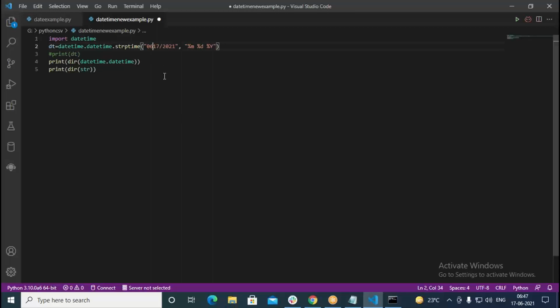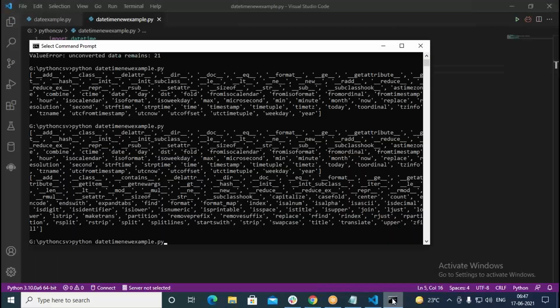Now I remove the spaces in between them. So what happens with this? This should convert the given date. Okay, now let us run that.